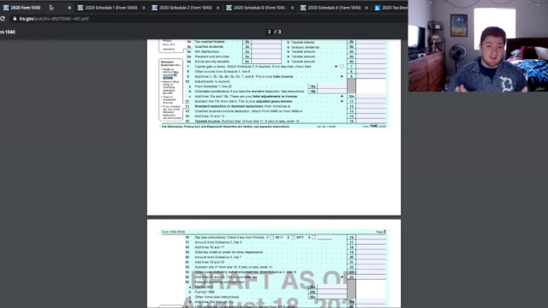You can either take the standard deduction or itemized deduction. And that decision is purely based on the amount of itemized deductions you have. So the standard deduction is the amount you receive no matter what. It's based off your filing status. For example, single, you get to take $12,400. If you're married filing jointly, you take $24,800.